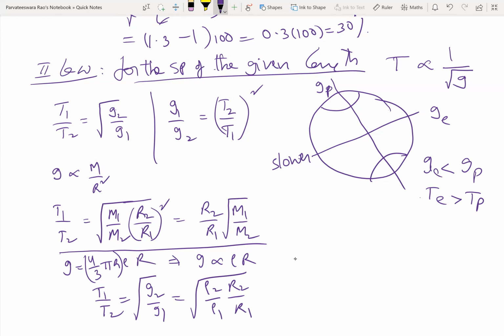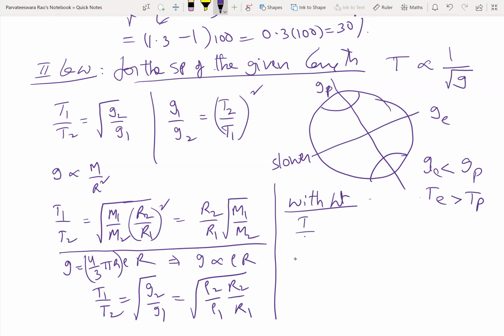So thus they will link the variation of acceleration due to gravity with height and depth also. They will give you this. G varying directly as m by r square. G varies directly as rho r. And here we have with height. You have conducted the experiment on the Earth's surface. You got some time period T naught. Now you have taken it to a height of say 600 kilometers. What will be the time period? Like that, they will ask questions. So what is the formula there?